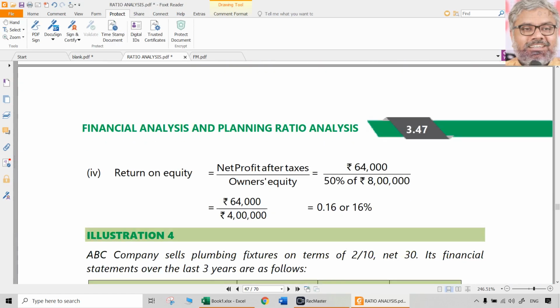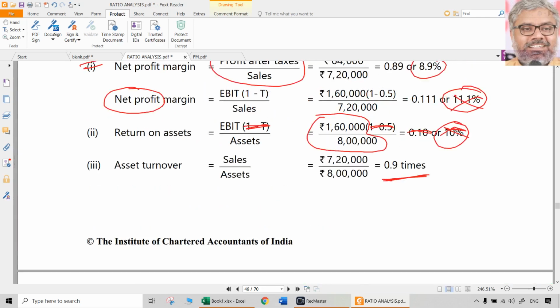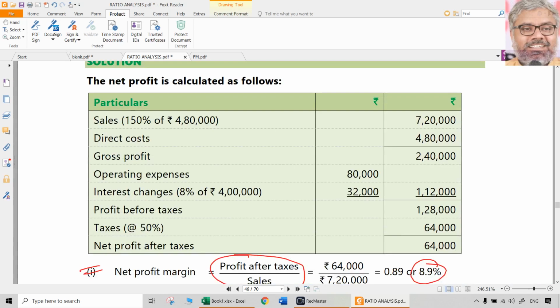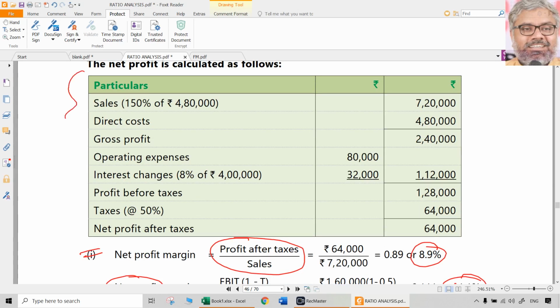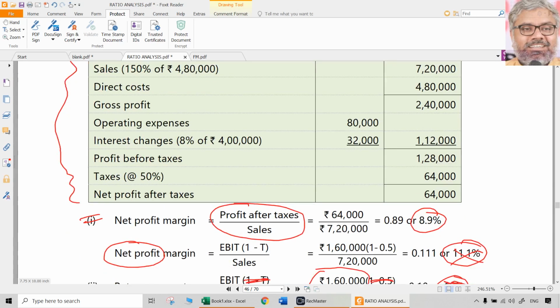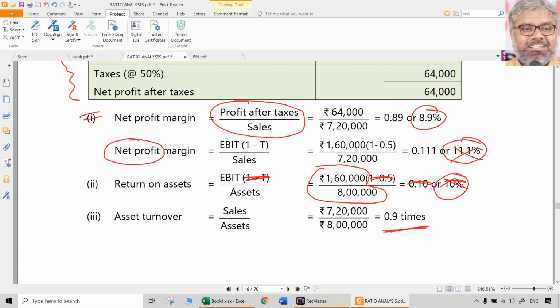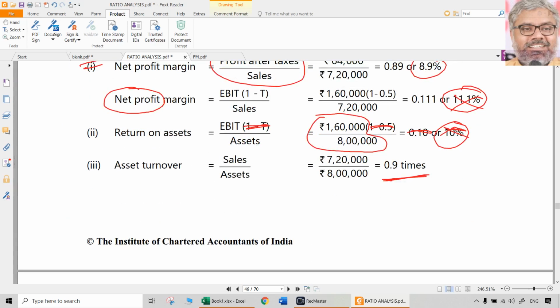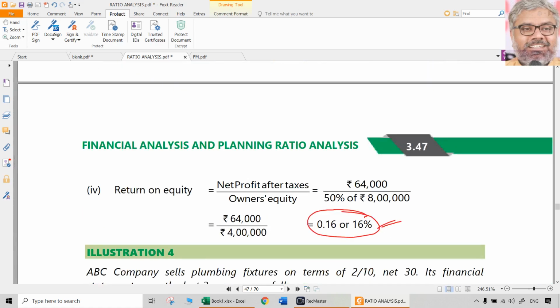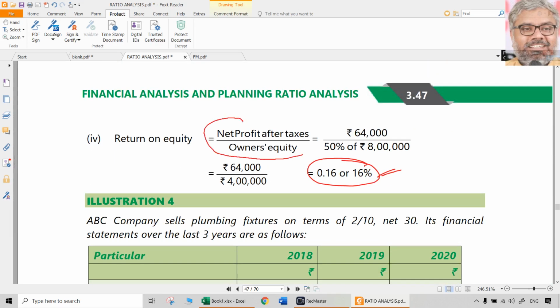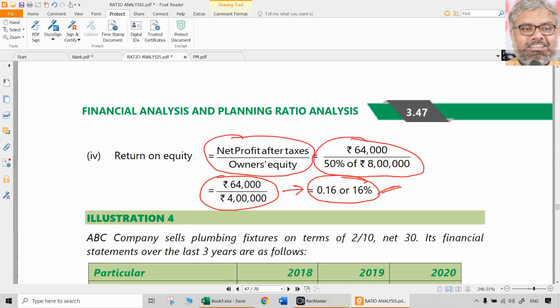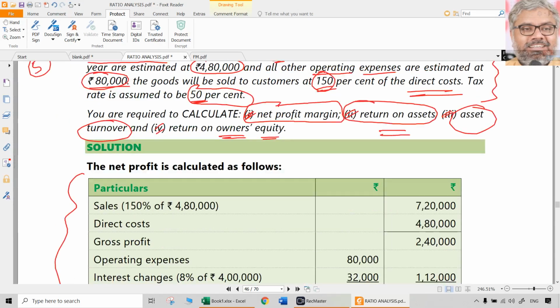And these are the various formulae to be used, and like this only you have to show. This is the perfect way of presentation. First you have to show the net profit computation in the form of a statement, then one by one every time, whichever formula you are using, deviations are okay, but whatever formula you are using, simply write the formula first, then show the substitution. Maybe if one working is required a little bit more, then the answer. So you have to show these calculations in order to obtain full marks.